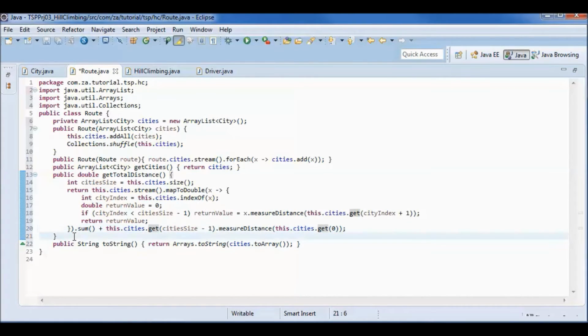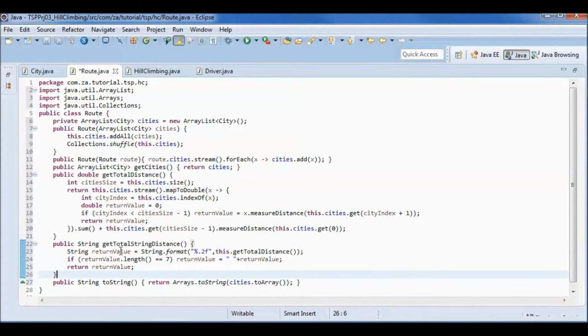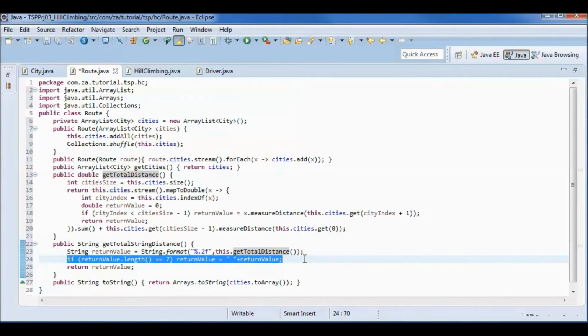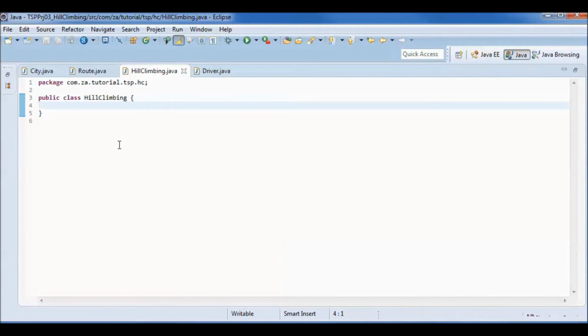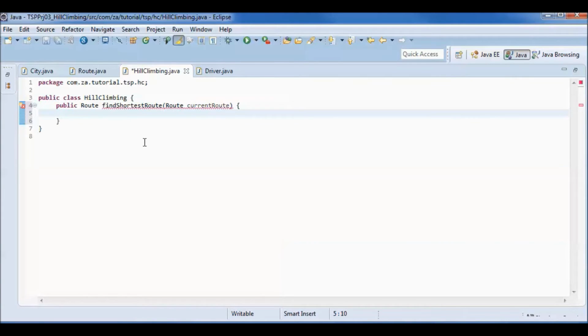And I will have this convenience method, get total string distance, that uses the get total distance method and formats the double value that is returned, and aligns the rows in the total distance column correctly. And next, let's go to the hill climbing class, and we will need two methods here.